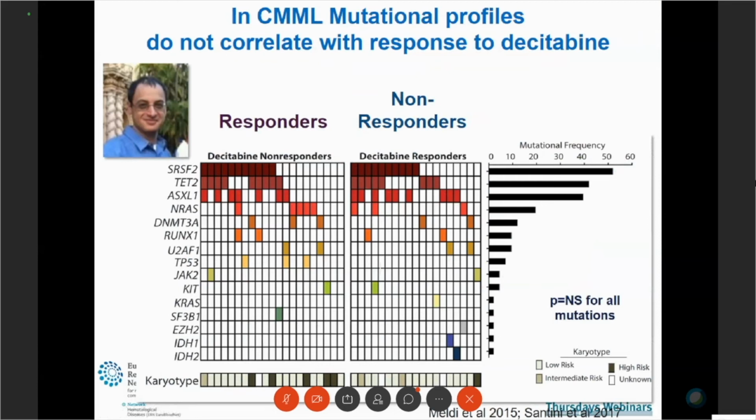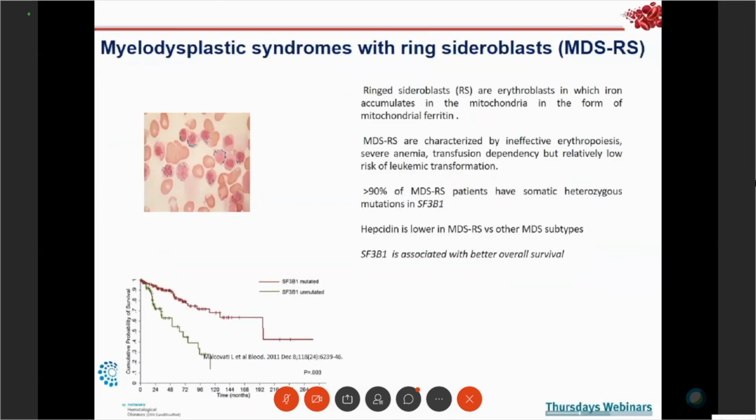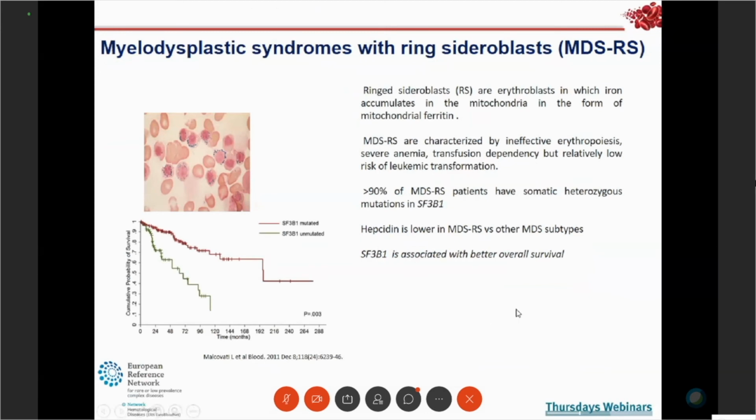We could not identify a mutational pattern predictive of response to decitabine, but for some other cases, we do know that identifying a mutation can predict response